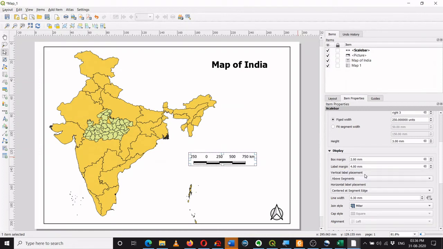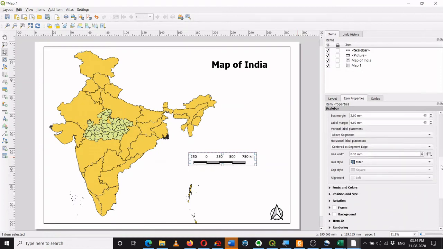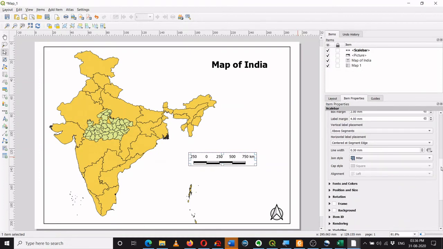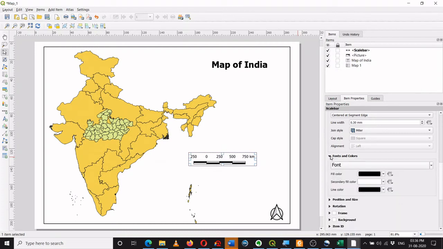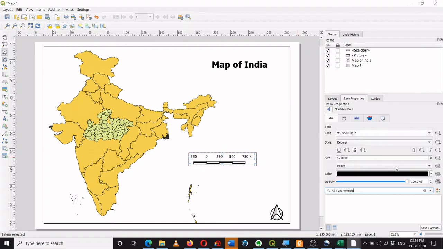So you are expected to explore all these options by trial and error, and you can identify which are the suitable ones. All these options are provided in QGIS. Depending on what you want to do, you can explore those. I can change the font. For example, if I want a bigger font, let us say a font of 14 or 15. Okay, I can change the font type and so on.